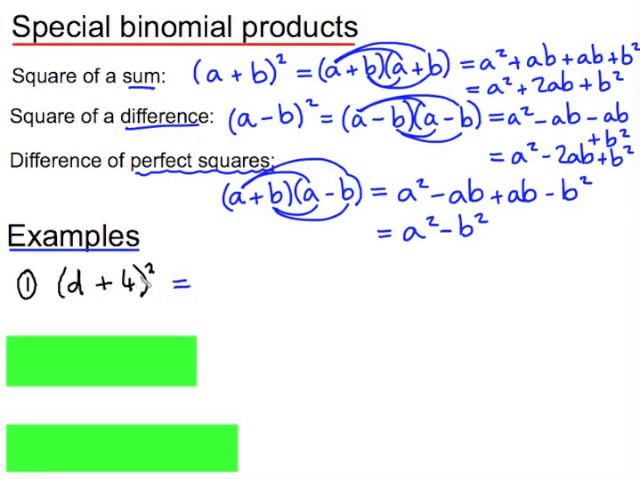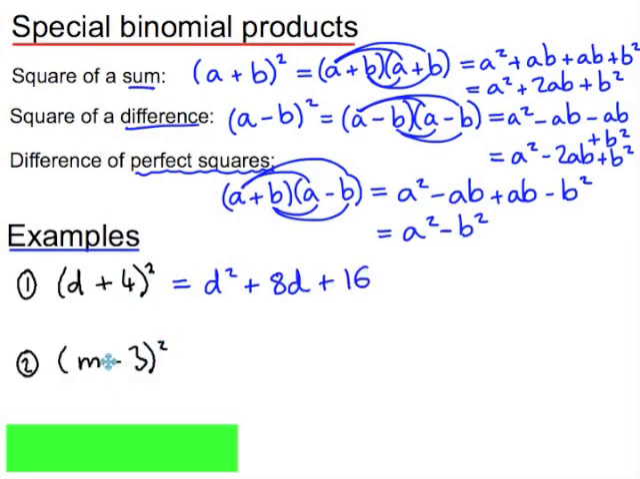So d plus 4 squared is the square of a sum. It's the first term squared plus 2 lots of the first term multiplied by the second term. So 2 times d times 4 is 8d plus the second term squared. Then we have the square of a difference. This is the first term squared, take 2 lots of the terms multiplied together, so 2 times m times 3 is 6m, and then the second